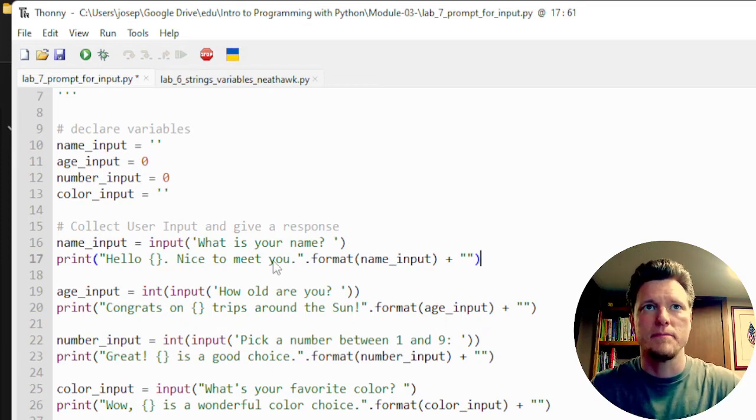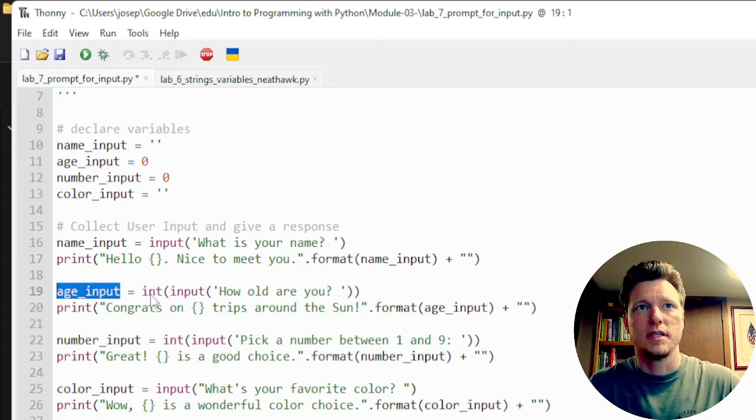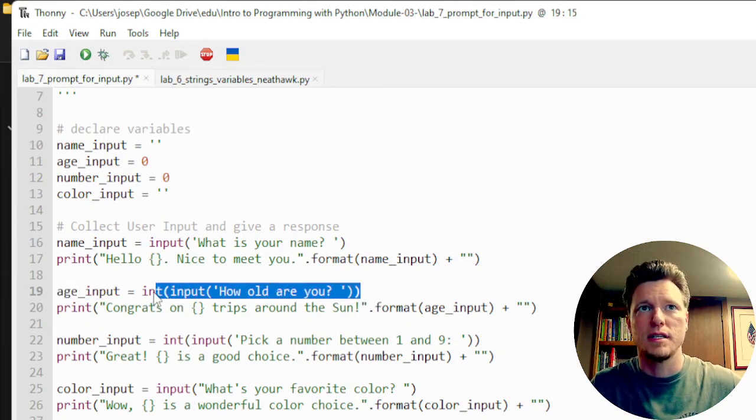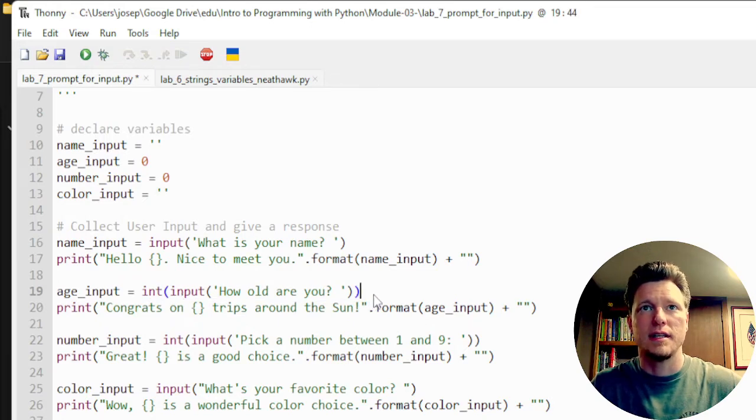So what is your name? Hello, name. Nice to meet you. And then the next one, we have age input equals, this time I am forcing it to be an integer. That means if you type in a letter, well, I guess we'll see what it does. This is one of the things that we can do, but it's a very early thing we can do